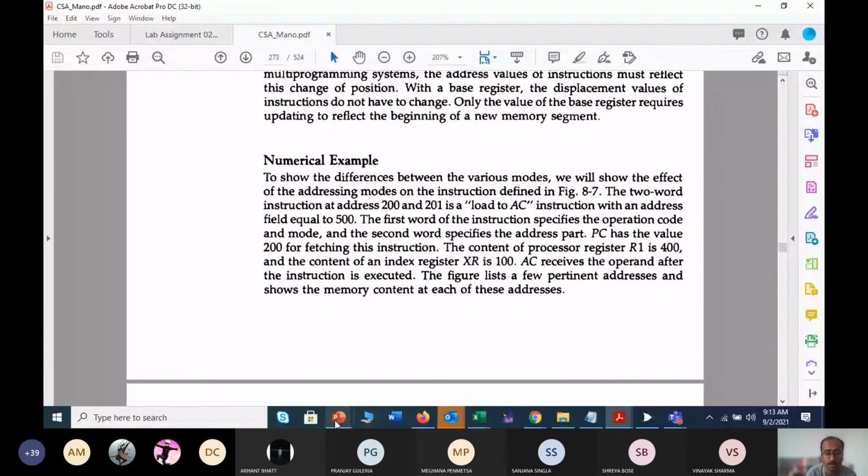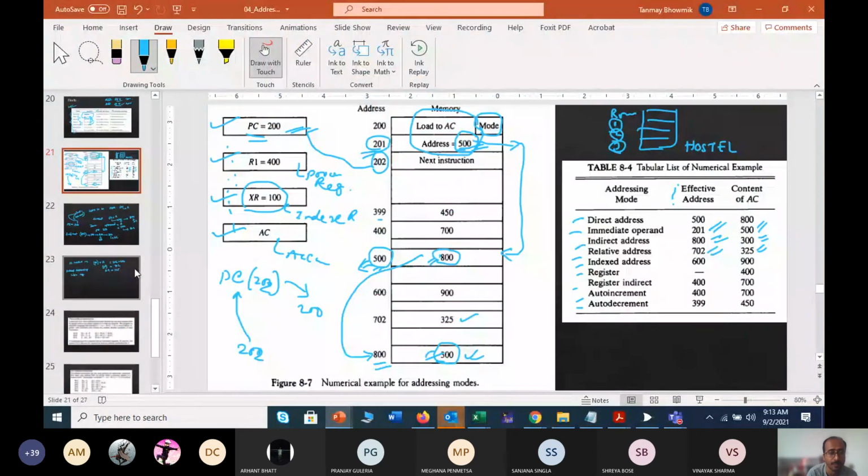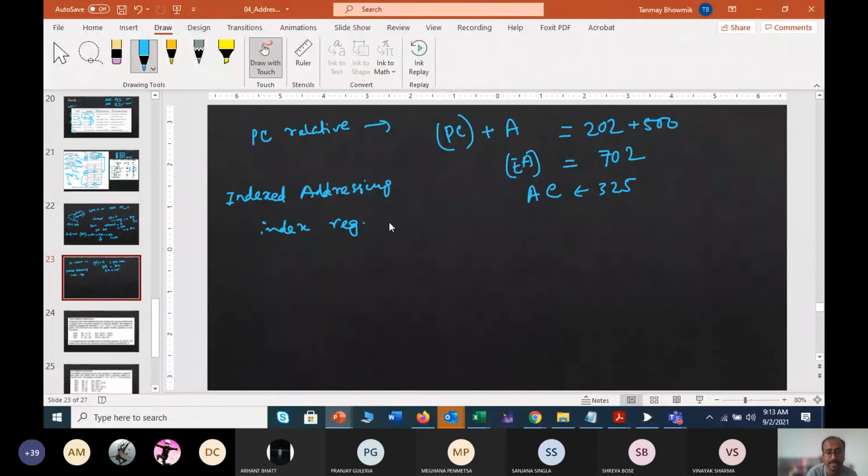Let us check this one. My index register content was 100 and my accumulator content was 500. Now if you add them, what will be your effective memory address? It is 600.